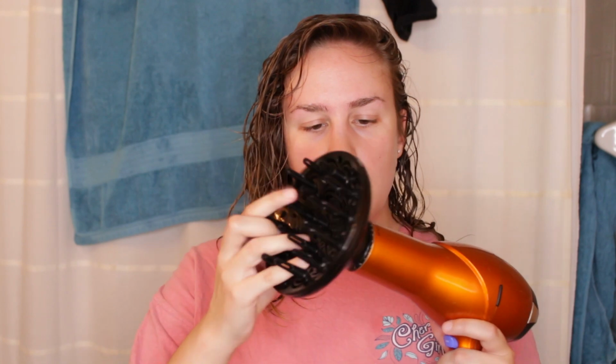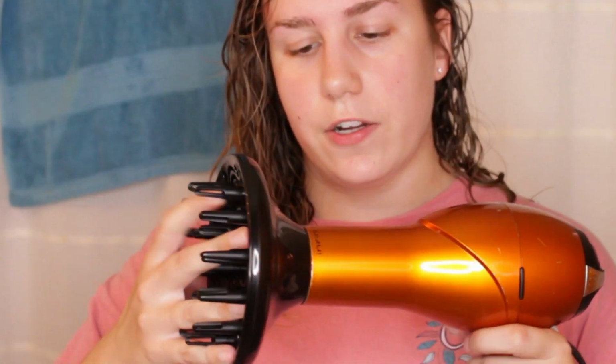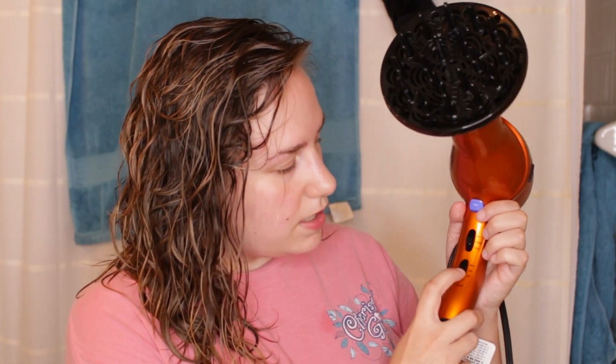I use this hair dryer. It's the Conair Infinity Pro. I've had this hair dryer since high school. And this attachment called a diffuser. So you just put this on the end of your hair dryer. I will flip my head over like you saw me doing to put the product in. I will set it to the highest heat setting and the high air setting,